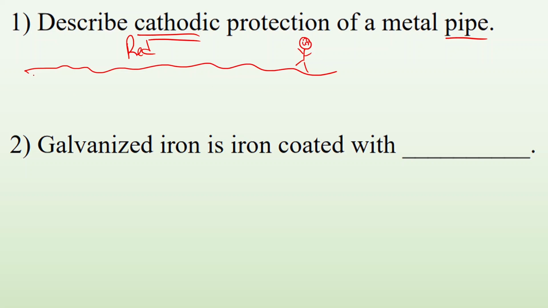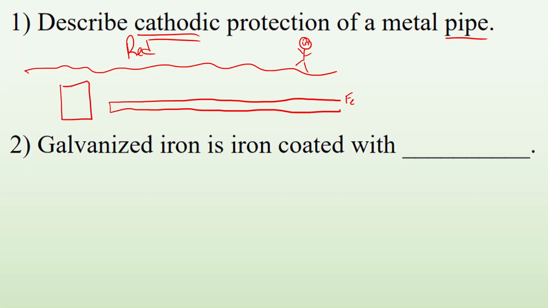All right, so underneath the ground, maybe there's pipes, some important pipes that are filled with, I don't know, sewage or something that need to be protected. What's going to happen is these pipes typically are made of steel, which is made of iron, and iron wants to rust. But what you can do is you go, hey, let me find a metal that is more active than iron. Like let's say, for example, I put a big brick of magnesium underground as well, and then I connect it to the pipe using wires and stuff